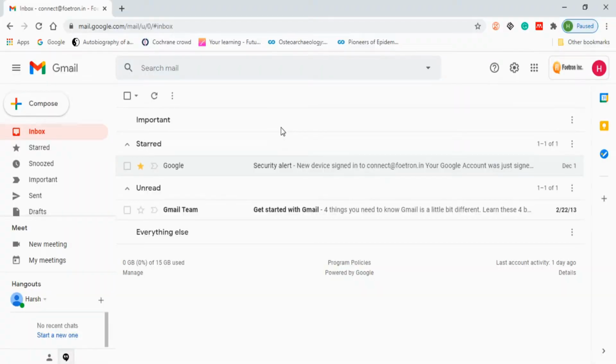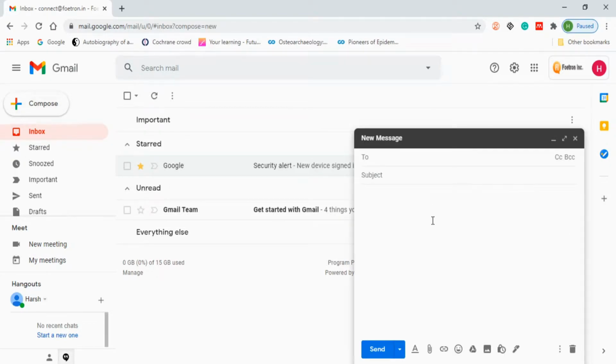Now we are in our Gmail account. So what is the thing we want to do? We want to compose a mail. First of all, click here, and this is how you compose a mail. And in here, you want to write something or copy something from a site. Now let's open the Fortron site itself,